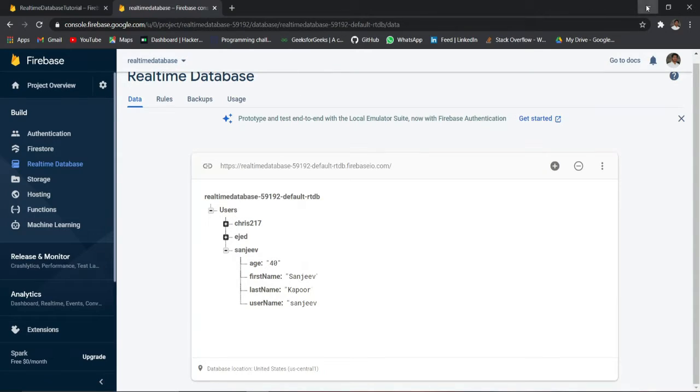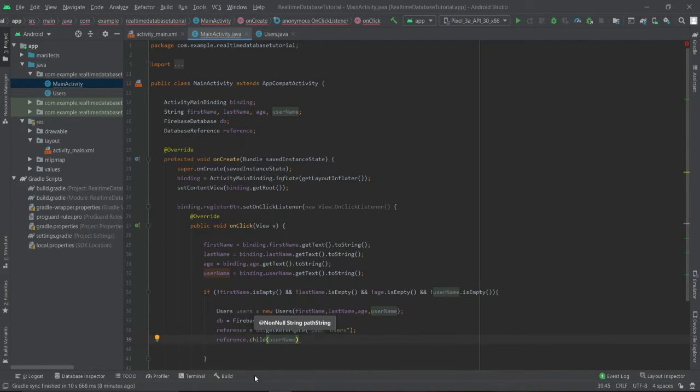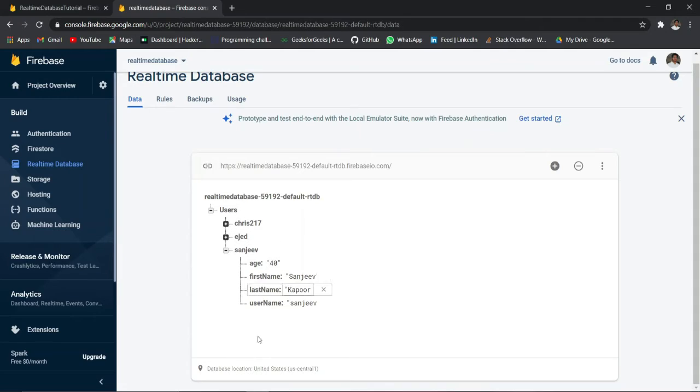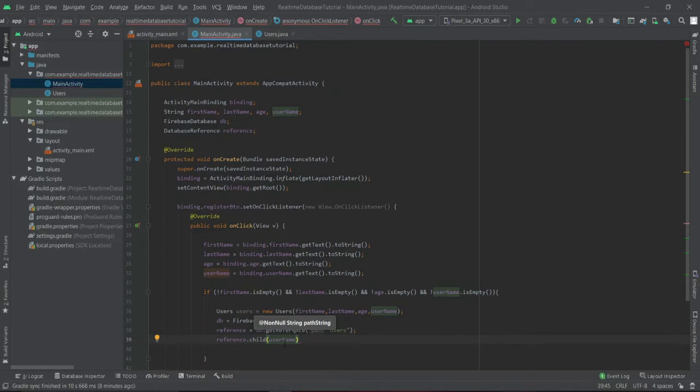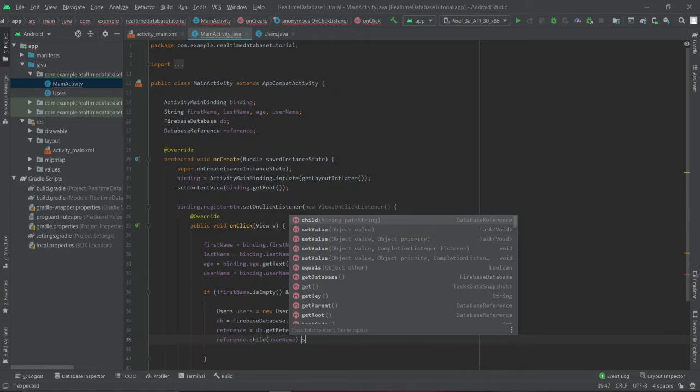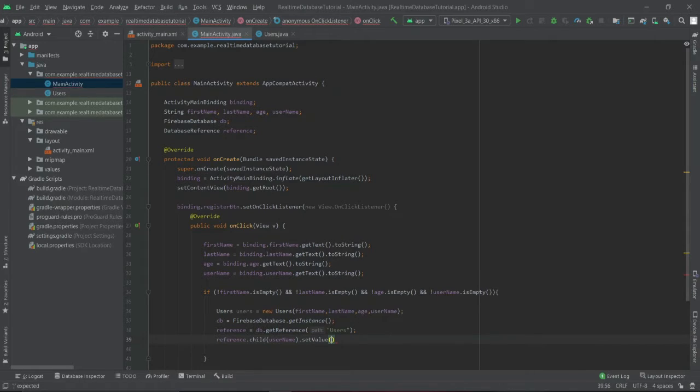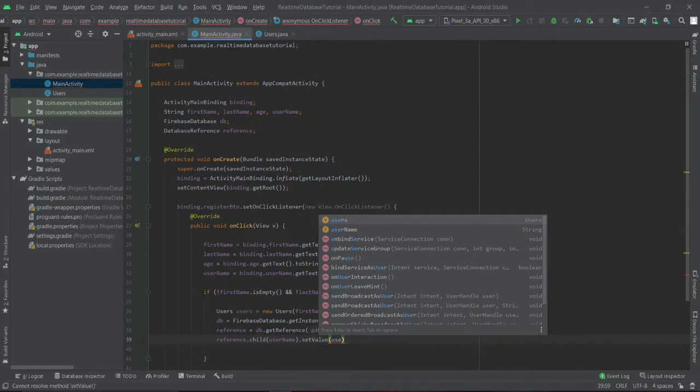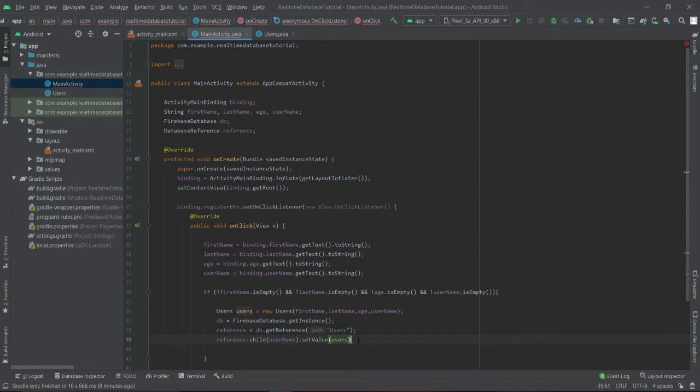So we'll be using the username as the name of the child node. So the name entered in the username will be used here. So I have written reference dot child, and inside this I have passed username dot setValue. So now I'll pass this object.